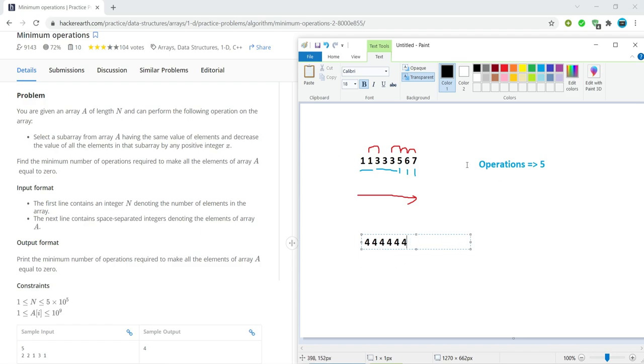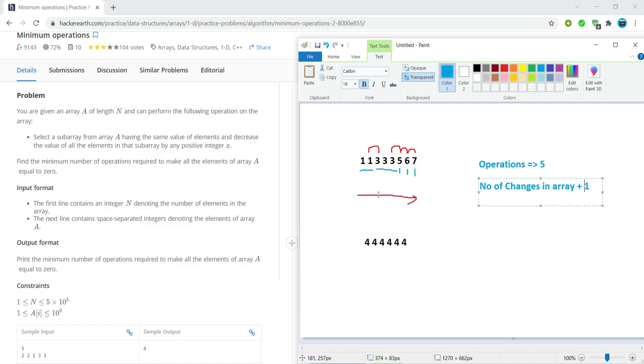So what we need to do is find the number of changes in the array plus 1. That will give us the resultant result.